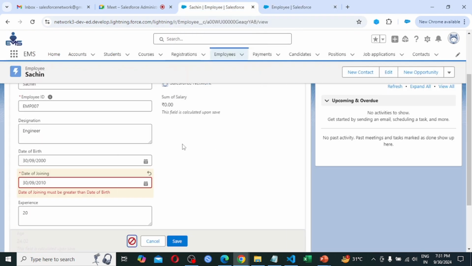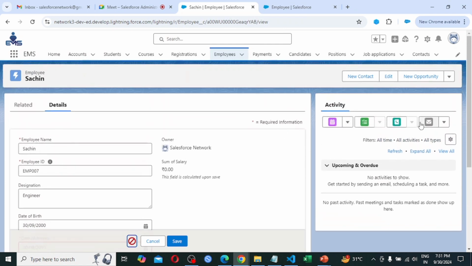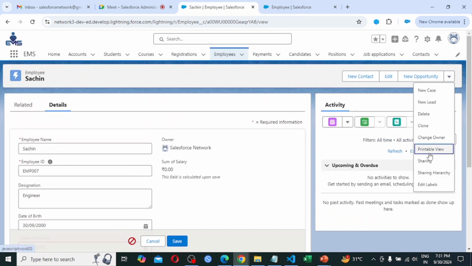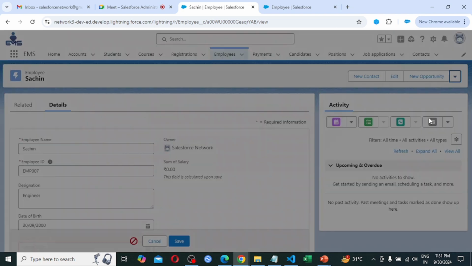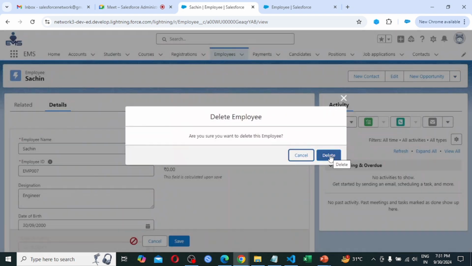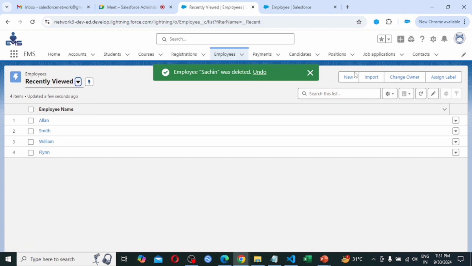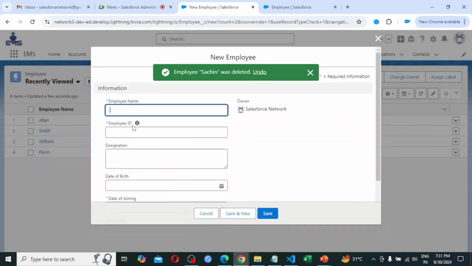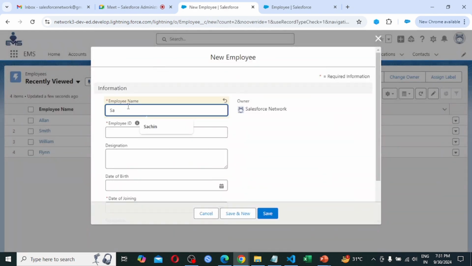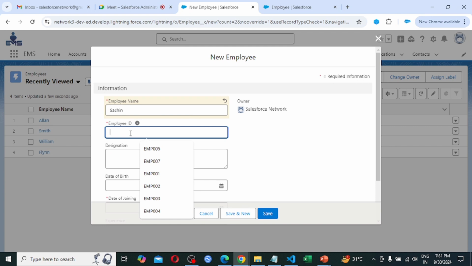So again coming to this record. Delete this record, otherwise so many guys are getting confused why it is happening like this. So again I am going to create a new record. Sachin, and employee ID I am taking